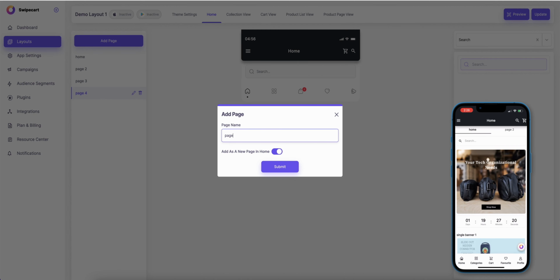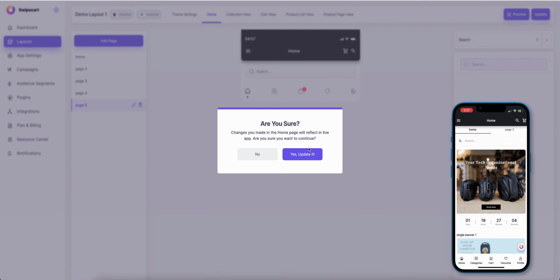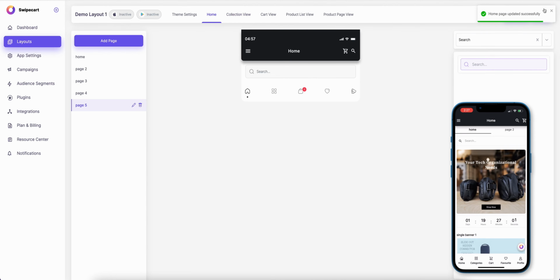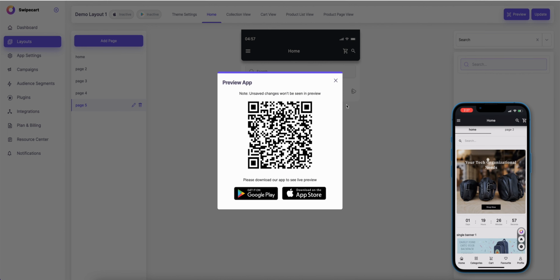Let's add page 5, but let's not link it to the home page. So basically what this will do is it'll create a page. We can design the page, but it will not show up as a tab on the home screen. Okay, as you can see on the app, now we got home, page 2, page 3, page 4, but page